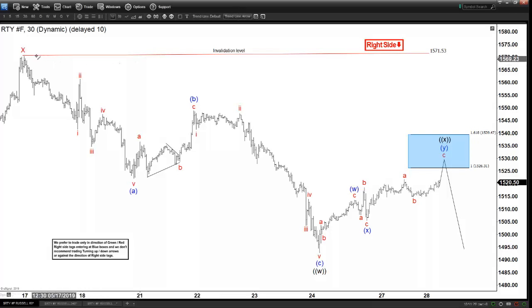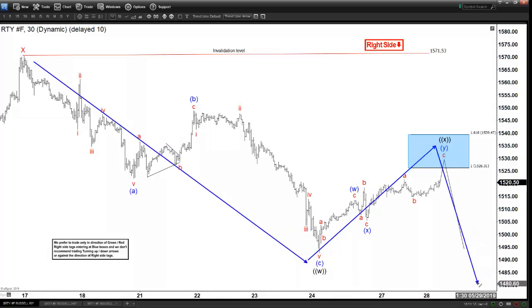zigzag. So we got the first zigzag here, A, B, C, ending W, and now we are completing the X. And then possibly, as far as we stay below 1571, we could see another ABC to the downside. So it's a double zigzag. This is the first zigzag, and then later on the Y leg in the black is going to be the second zigzag. Okay, and then the Y leg in the red is in the form of a double zigzag or